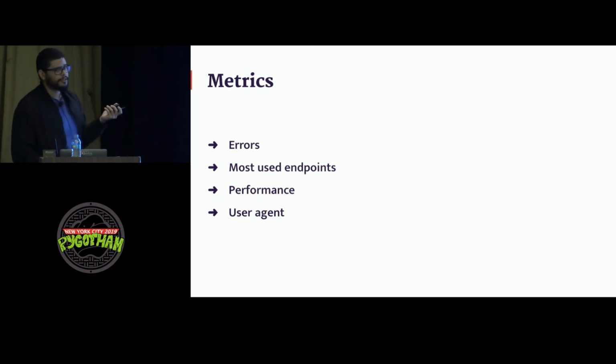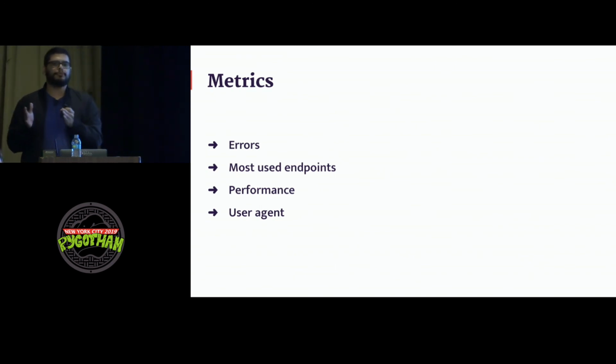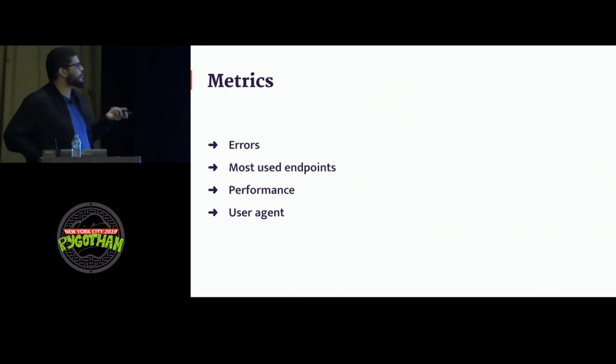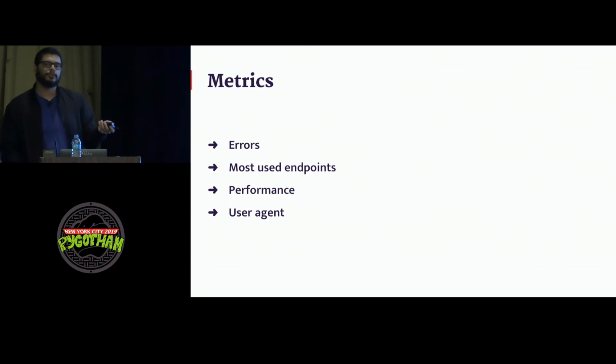Errors on your API calls can give you hints of where you should improve your API docs. If people are getting errors on test servers, they probably are not understanding how to use it well. Also, the most used endpoints could give you a hint on where you need to give more code examples.